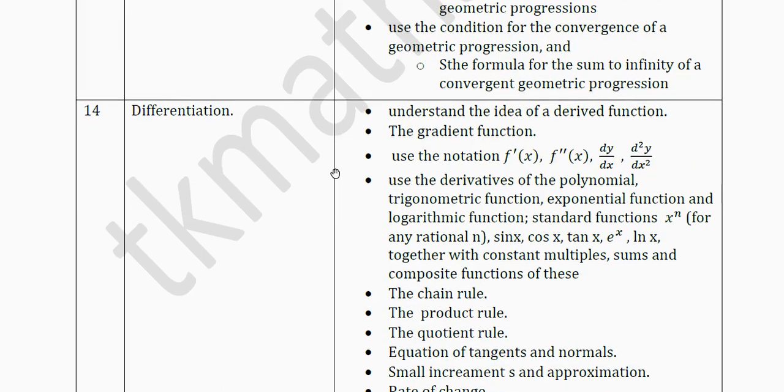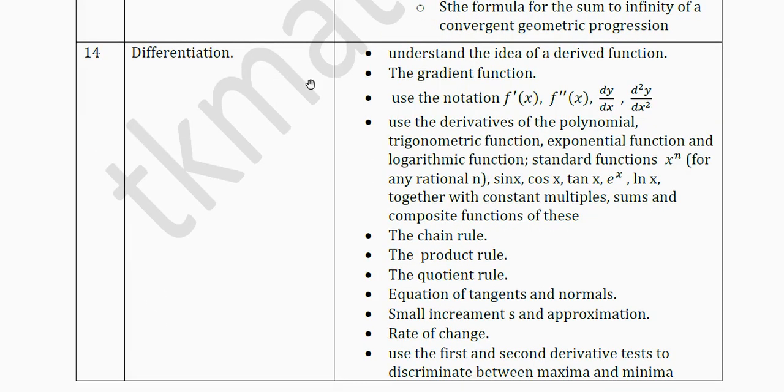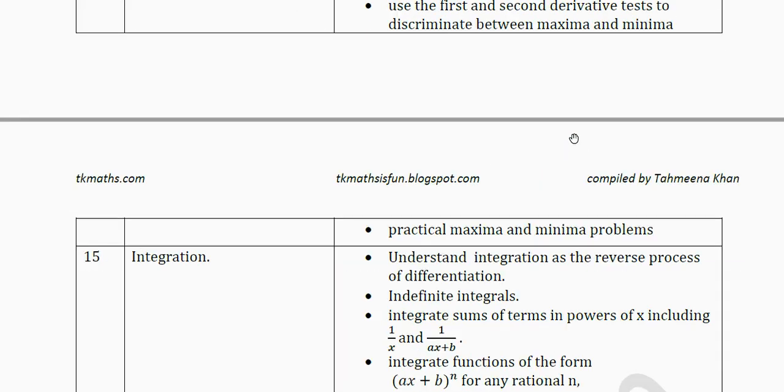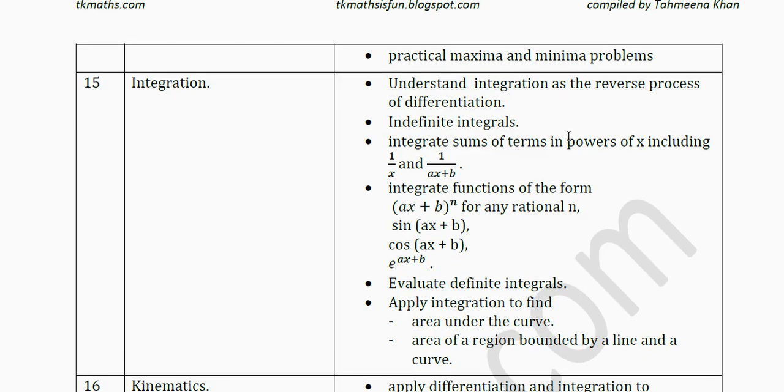So I have given the reference which question you can take. Now in differentiation, again, you can go through, put the video on pause and read each and every topic, and you must understand each one of them. Chain rule, product rule, equation of tangent, normal, increments, rate of change, meaning of these symbols, because sometimes we don't understand the notation and we mess up the question, though we know what to do in it.